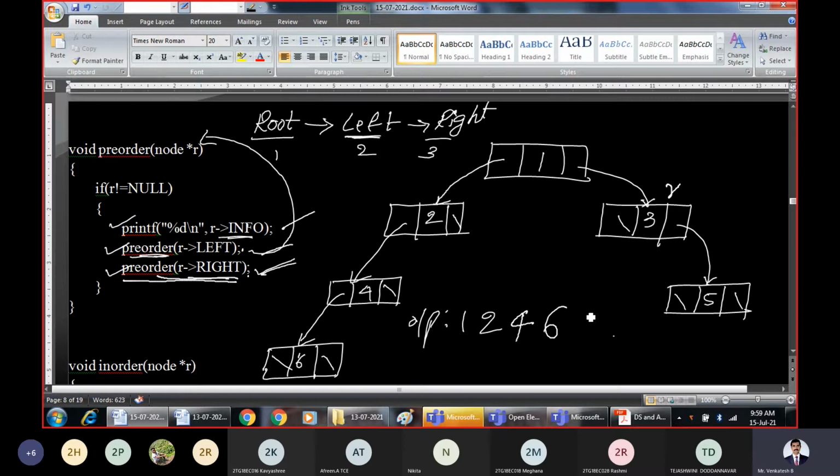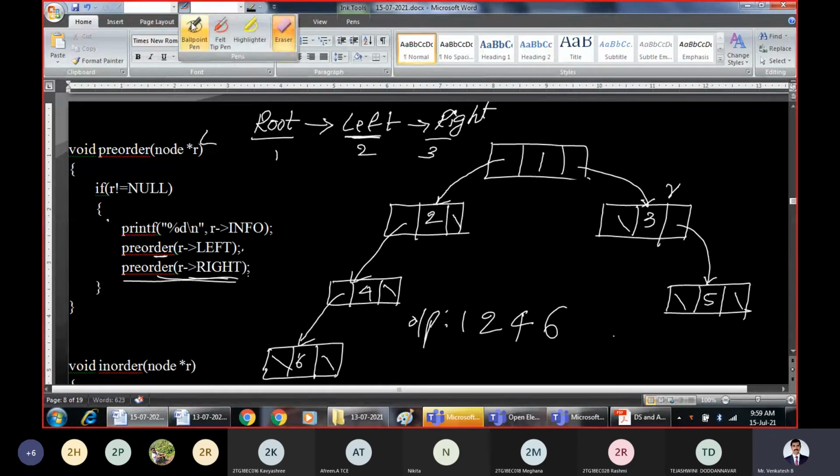So you can understand by this flow, because this recursive call is very difficult to remember and difficult to trace. How we can remember it is: first root, left, right. Whenever it is root, you have to print that information. What the procedure says: root, left and right. That's it. So root is over, left is over, now right.